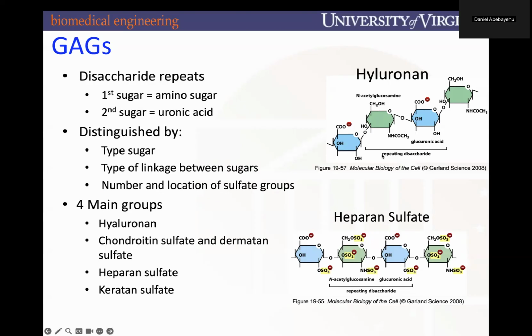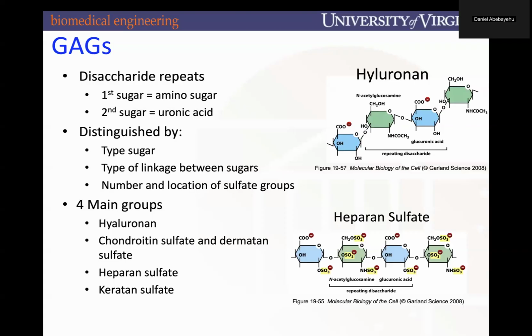The key thing to note here is that what's going to separate the species between different kinds of GAGs are the kinds of sugars that are within them. There's going to be different kinds of linkages between those disaccharide units. And when we say different linkages, what I mean is that there are going to be bonds between different carbon groups between the adjacent monosaccharides here. Another thing that's going to distinguish each GAG is the number and the location